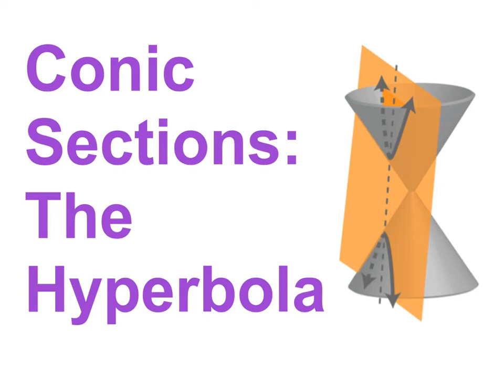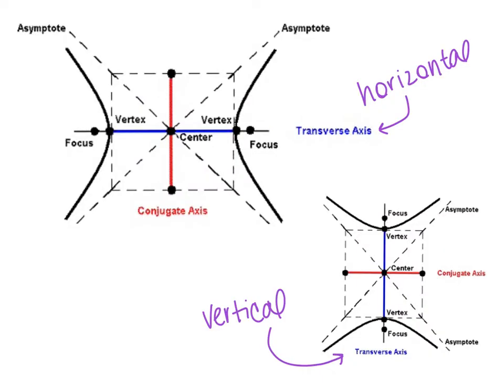In this video, we're going to finish our discussion of conic sections with the hyperbola. A hyperbola has some of the same components that other conics, like parabolas and ellipses, do. So they have a center, they have two vertices, and two foci. But something that is added here is something called the transverse axis, which is very similar to the major axis